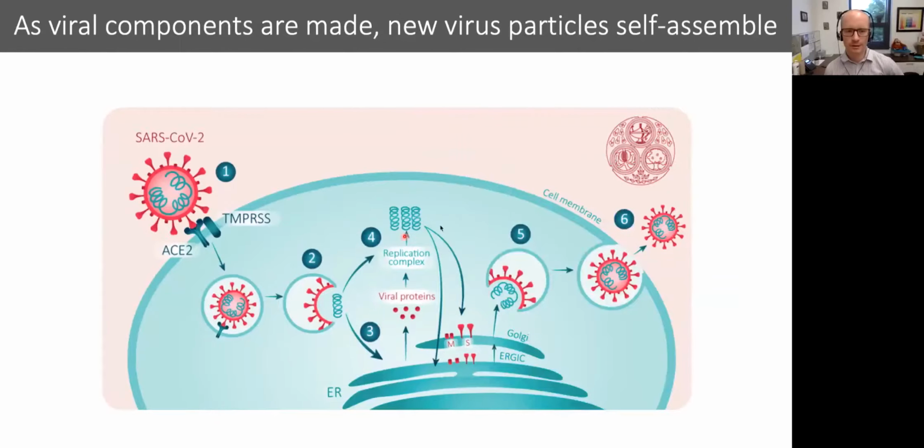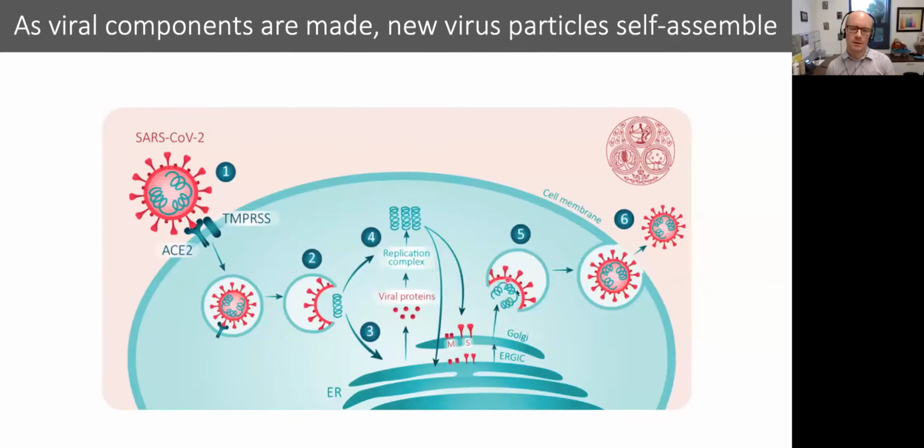Okay, so now let's talk about these final steps of the infectious cycle, which is self-assembly and then budding out of the virus. After replication has gone on for a little while, the cell has made many copies of all the viral components, so the spike proteins and the viral genome. After a while, you get a buildup of all of the viral components. Eventually, there's a high enough density that they begin to bump into each other, and they bind by that same chemical and shape complementarity. They bind and self-assemble to form new viruses.